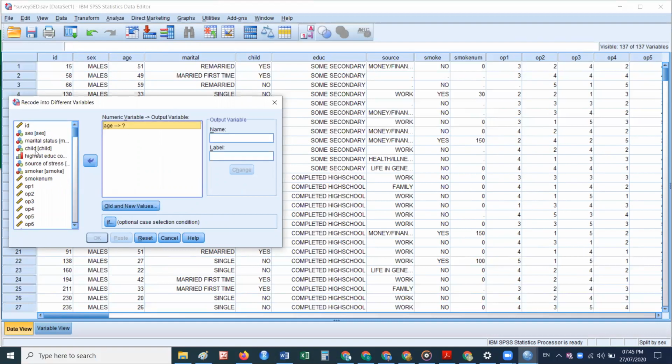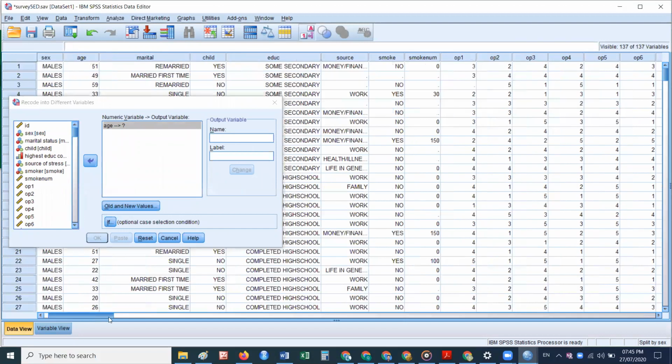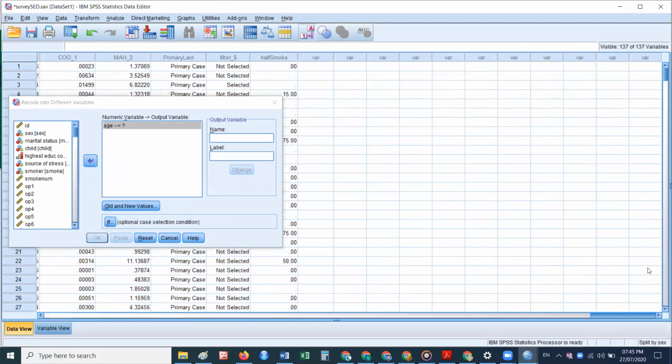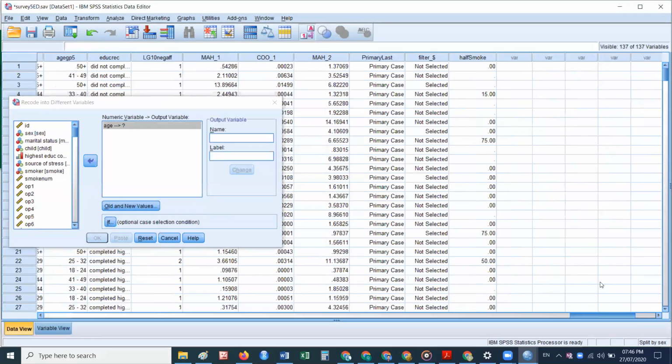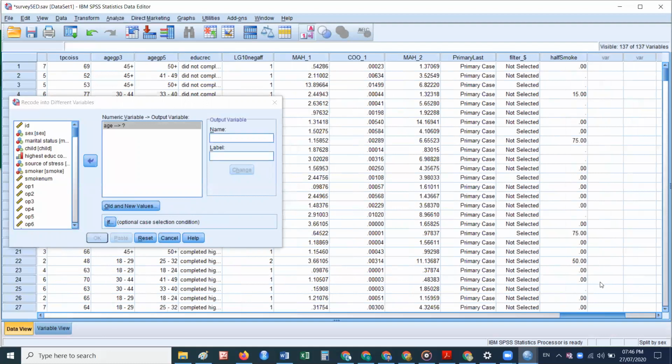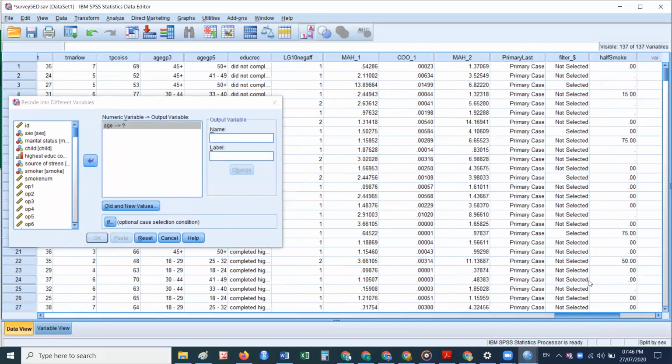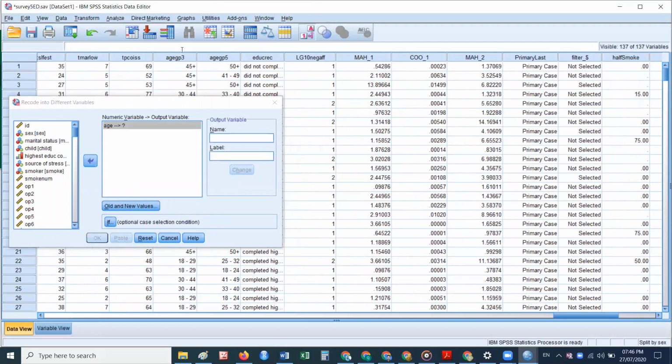The purpose of redefining is I want to split the age into 3 segments. Age by 3 segments. Age by 4 segments. Here we have age group 3, age group 5.